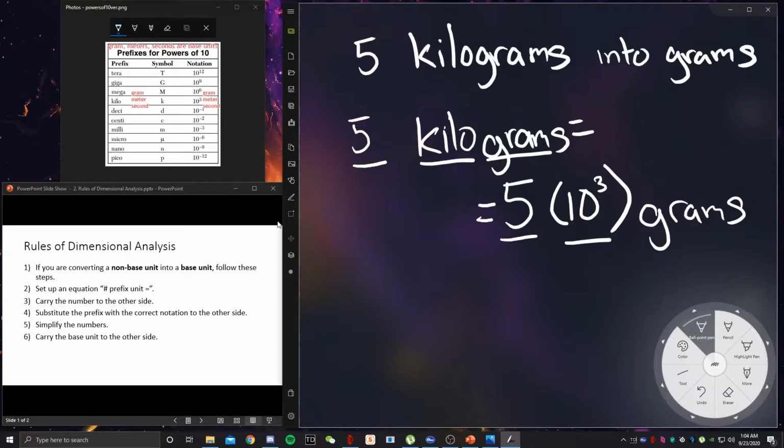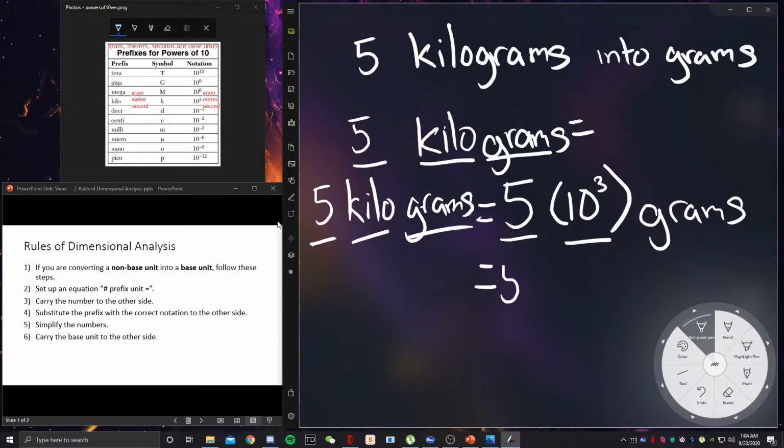And so all I'm doing here is substituting these numbers, guys. I'm not doing anything special. I'm just substituting 5, kilo as 10 to the 3, and then grams. And when I solve this, I get 5 times 10 to the 3 grams, because this parentheses is also a multiplication. And so that's my final answer. We simplify the numbers and we carry the base unit to the other side. Now,